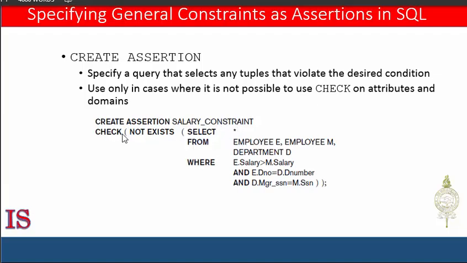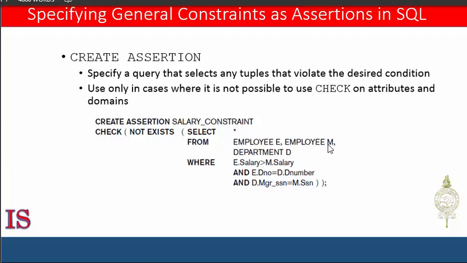The check clause, open paren, not exists operation. Now, not exists means that it's true if this query returns no tuples. It is false if there's any tuple returned in this query. Open paren, select the query, select all attributes from, defining the tables we're choosing for this query, employee E, so it's going to use the employee table with an E alias, comma, employee table again with an M alias, which means in all probability that this will be the employee that works in the department, this will be the